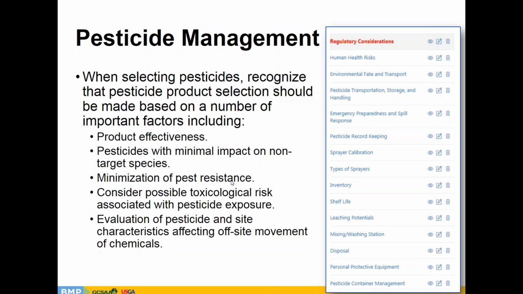Pest resistance is a big issue, and so we want to make sure that we choose pesticides that minimize the resistance side of things. And then toxicological risk associated with pesticide exposure, obviously realizing that a golf course is inhabited not just by wildlife but also by golfers. And so making sure that we identify BMPs that would minimize the risk that is there. And then also, for example, leaching potentials, environmental fate and transport concerns. All of these things should be taken into consideration when we deal with selecting pesticides that are used on the